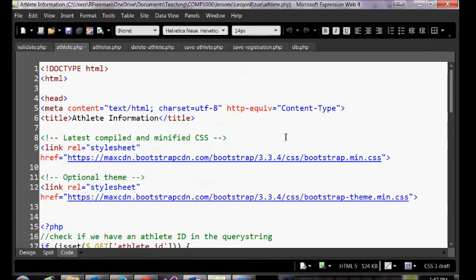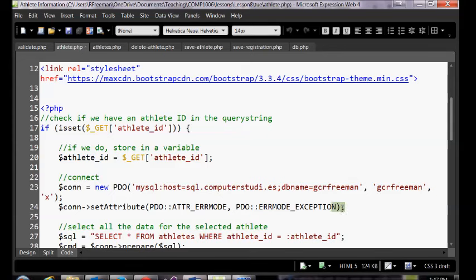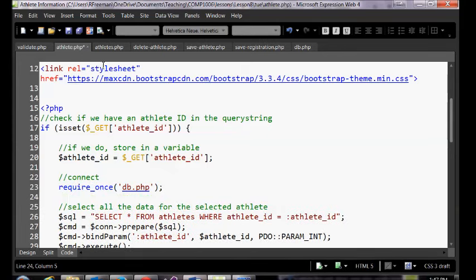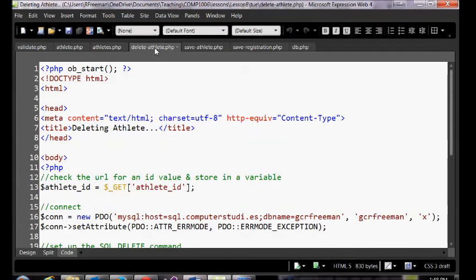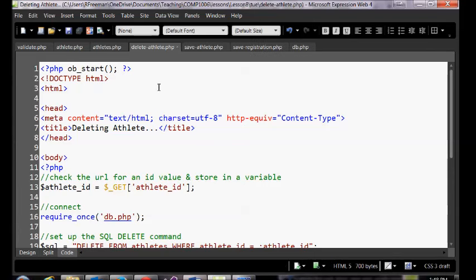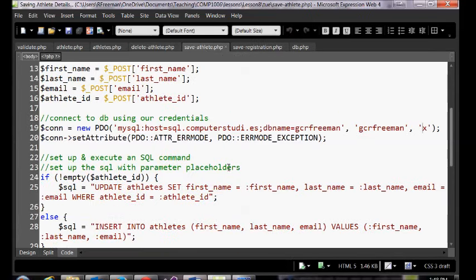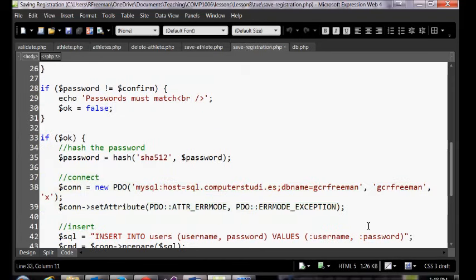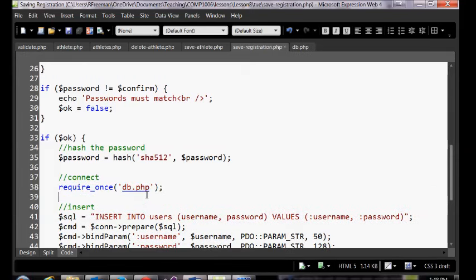I'll go to my athlete page. Down here we're connecting. Call require once. Our delete page. Our save page. Oops, I don't need this. And our save registration. So all 6 of those files we built over the last several classes, they all had